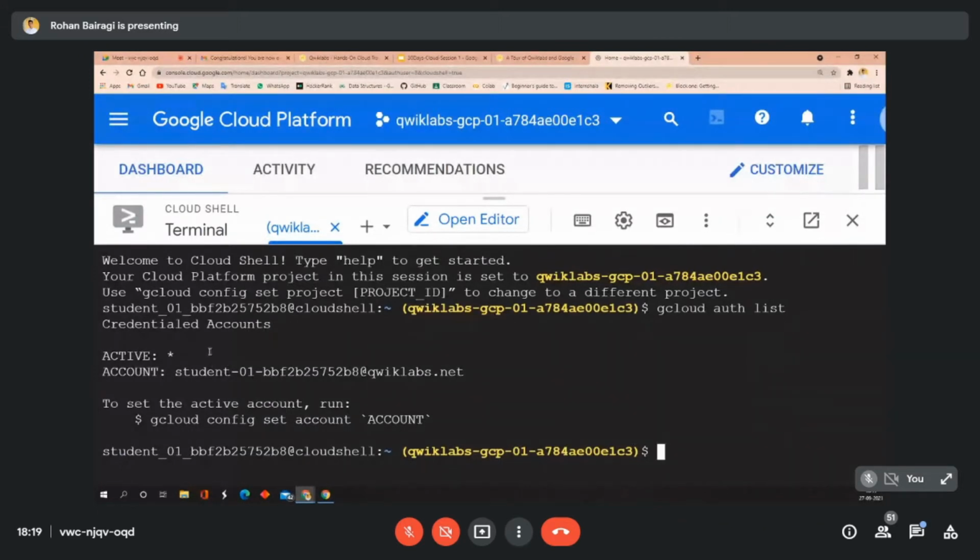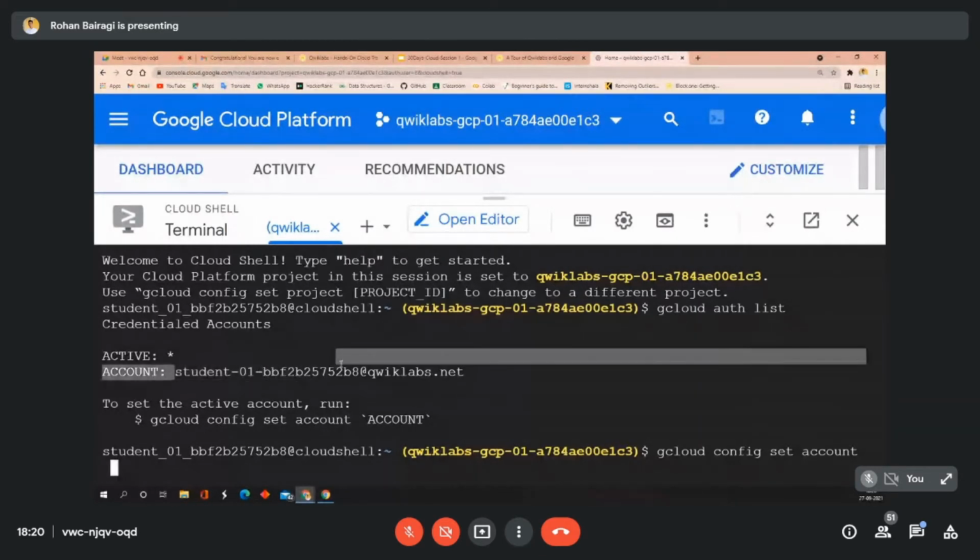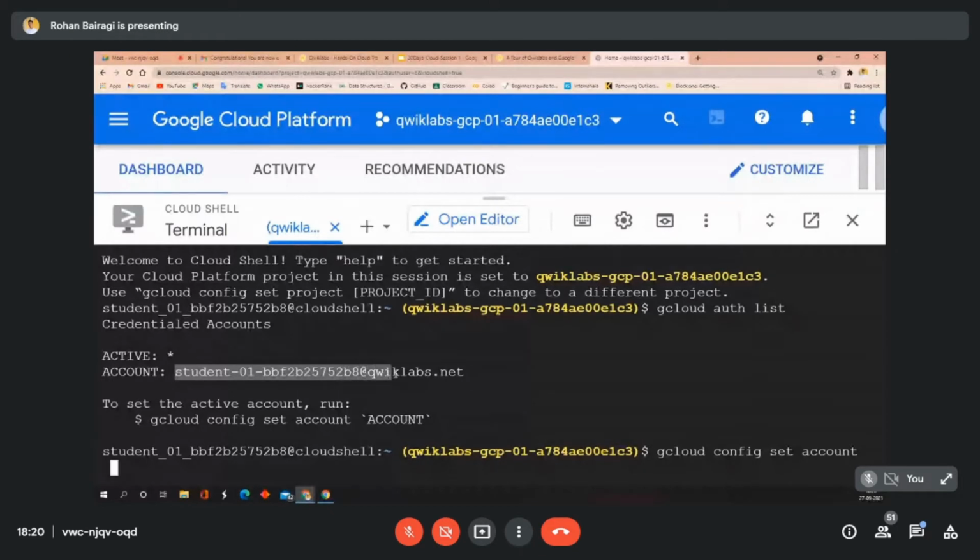You will get the account name, that is student-01 something, and here it is written that to set the active account, run this command. You just have to copy this: just select it and it will get automatically copied, and paste it here, gcloud config set account, then enter a space and copy the account name just above it.